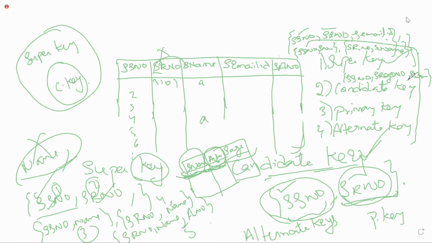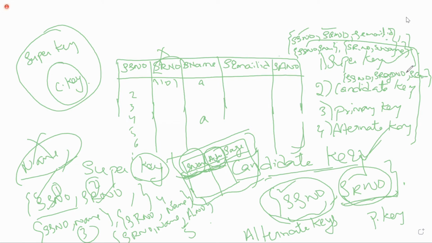Okay, maybe suppose in this case you will not get any one-set key attribute, maybe 2-set or 3-set key attributes. Then I'll get the candidate key which is minimal, that is the 2-set key attribute. But here I'll get the minimal set of super keys called student serial number, student register number, student email ID.